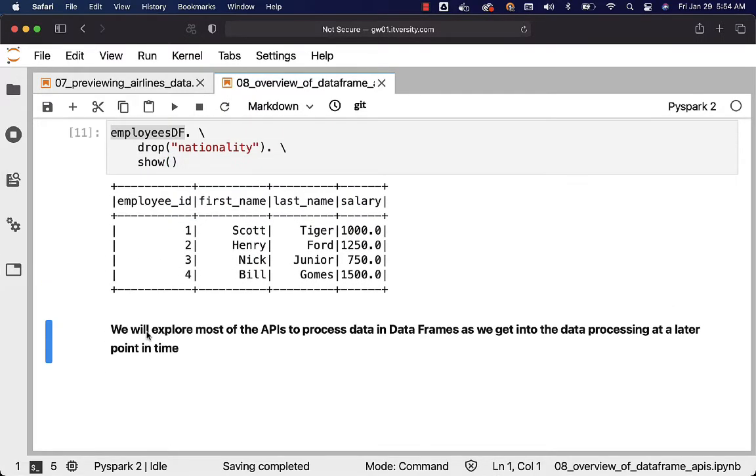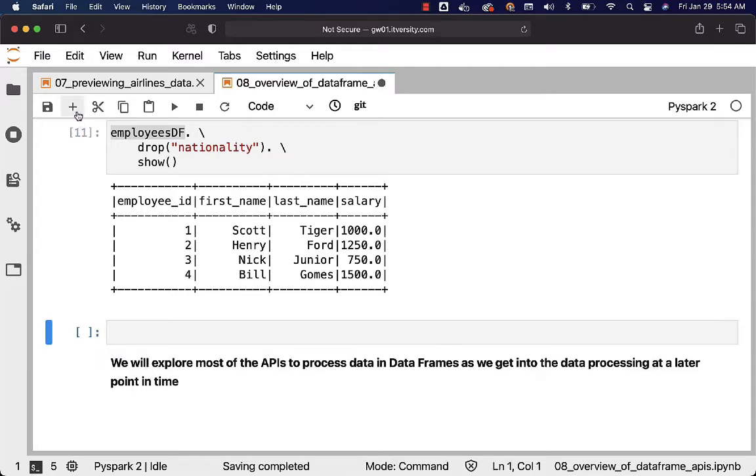Now let's understand the details about withColumn. withColumn can be used to project additional fields derived from invoking functions on top of columns. We'll get into more details at a later point in time. For now, let's focus on how to leverage withColumn to project additional fields.